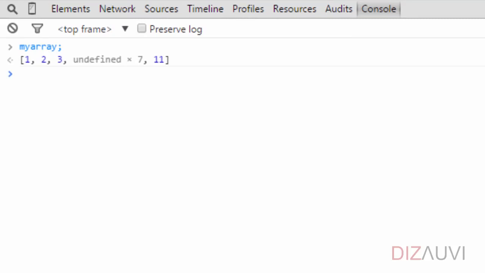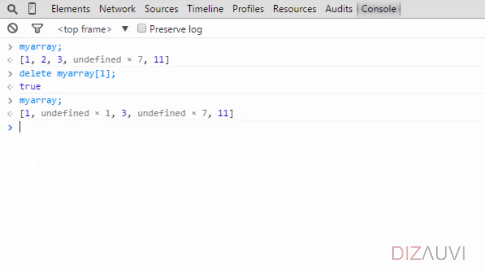Sometimes we would like to delete elements from an array. Just like we remove properties from an object using the delete keyword, we can do the same in an array, because arrays, after all, are objects with array indices as properties of those objects. So if we want to delete the element at the first index, we can say delete myArray passing an index value of 1. Alright. Now let's see what the array contains. The length of the array hasn't changed here, or the array has not shrunk, if that's what you expected or wanted to happen.